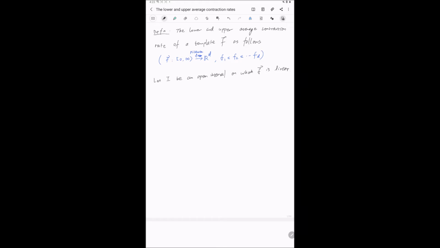For each integer q between 1 and d, such that f sub q is strictly less than f sub q plus 1 on I,